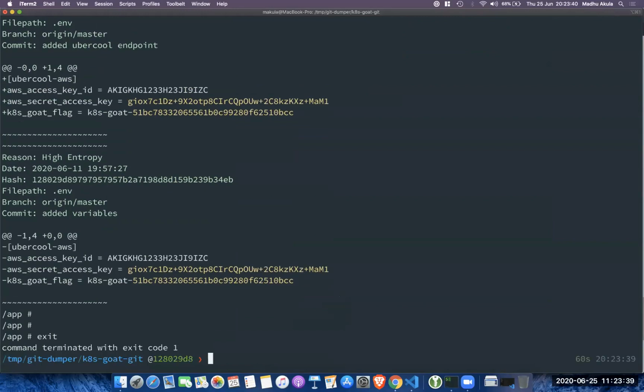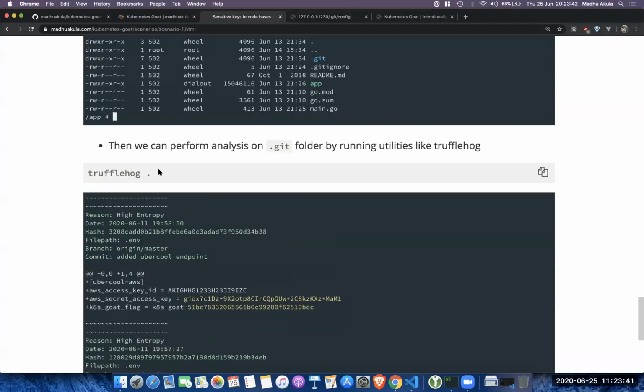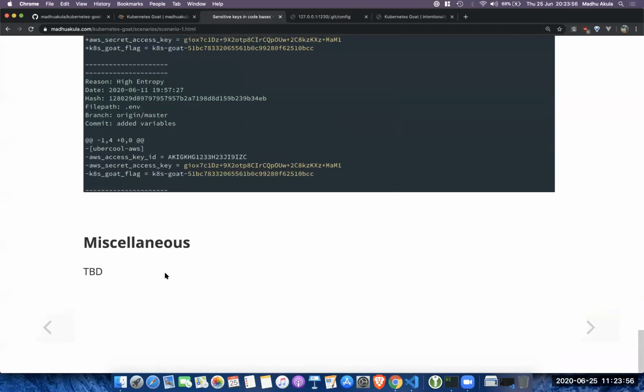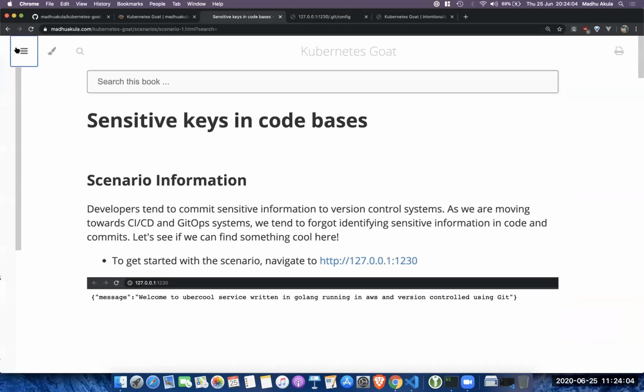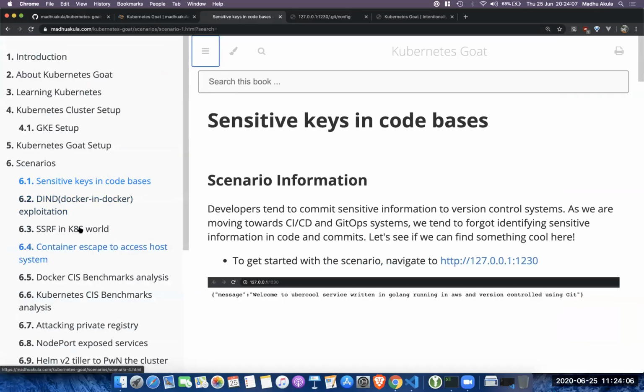So this Kubernetes code is not intended to showcase just one way. It's up to your imagination what tools and utilities you use. But whatever the solutions, I try to put them in one way so that you can consume and learn about Kubernetes security much better, right? So I'm still working on, as I said, adding more miscellaneous sections and other stuff which are coming soon.